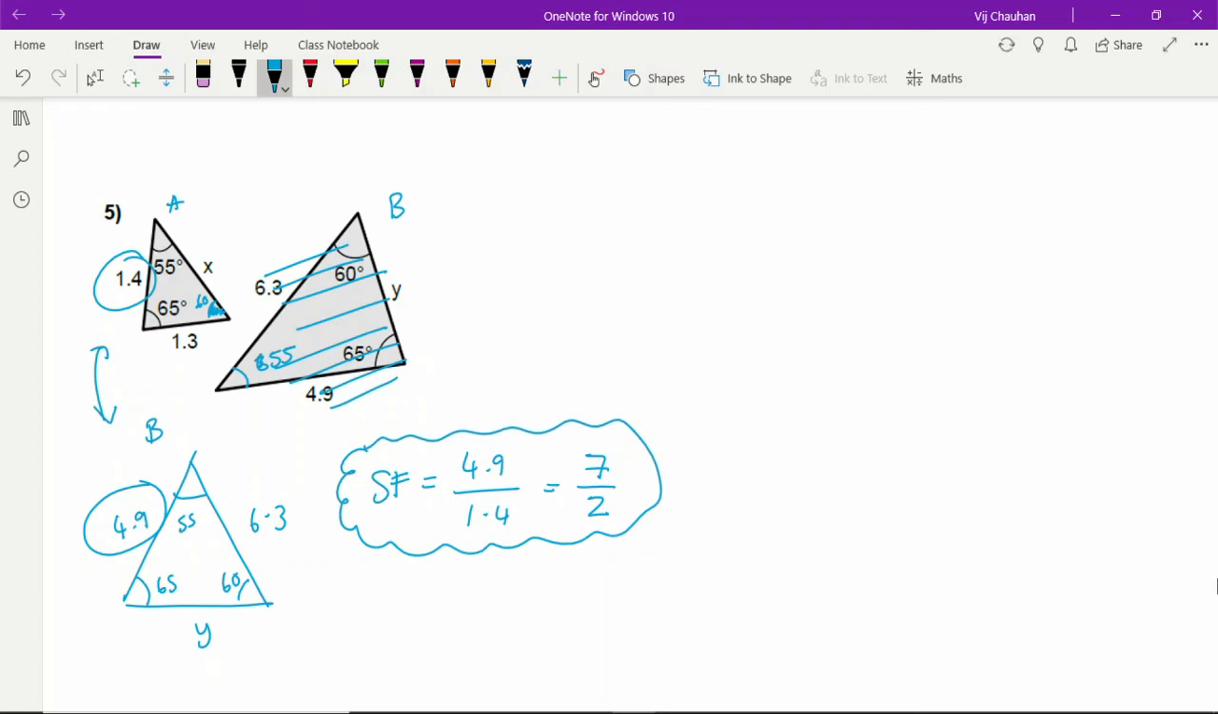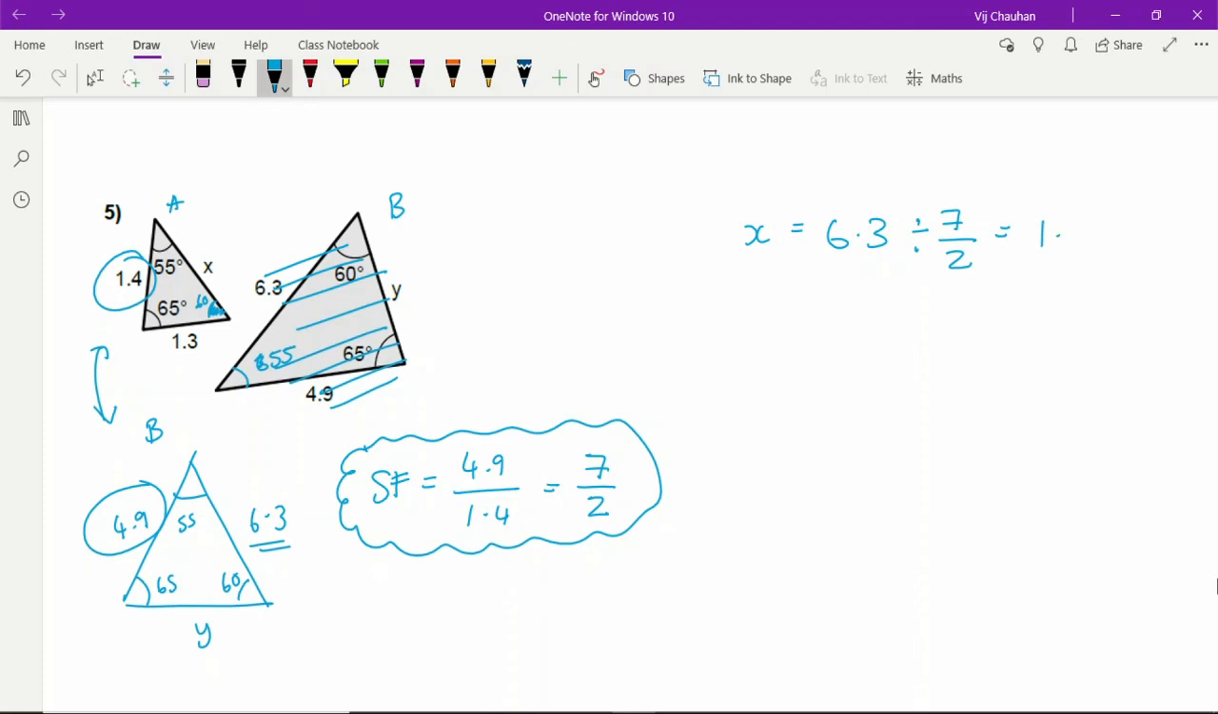So to work out x, I find the corresponding side, which is 6.3. Now the next thing I've got to decide is, am I going to multiply or divide by 7 over 2? Now for x, I'm looking for a number that's smaller than 6.3, so I'm going to divide by 7 over 2. And if I do 6.3 divided by 7 over 2, I get an answer of 9 over 5, which